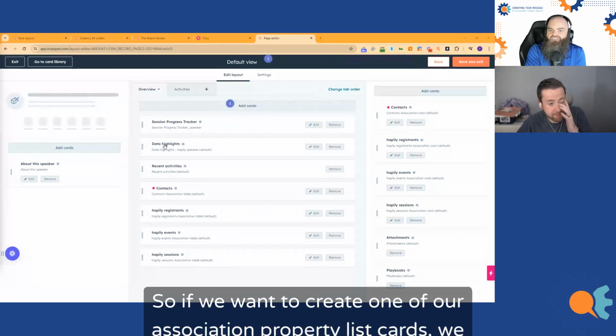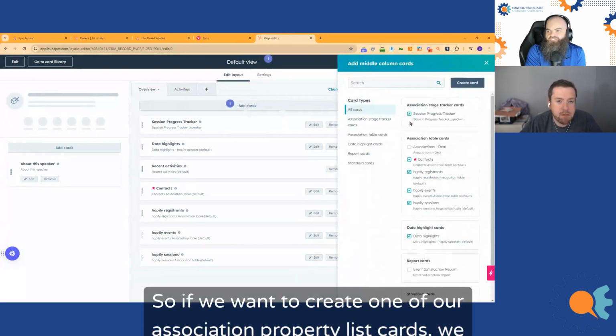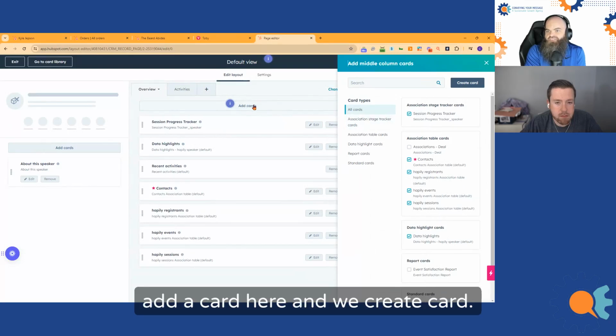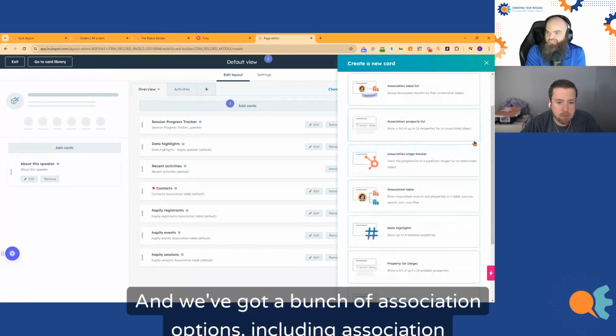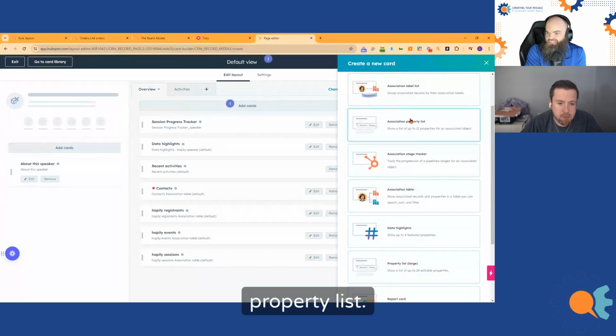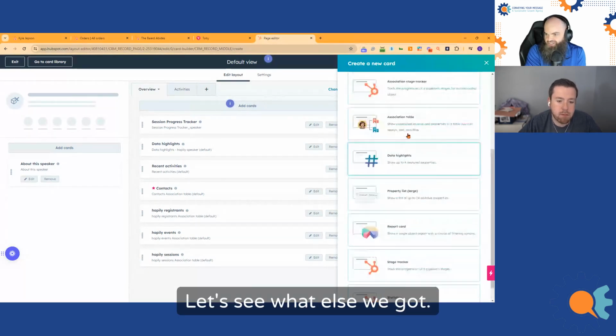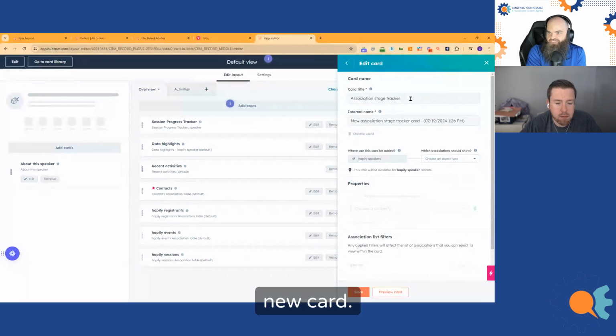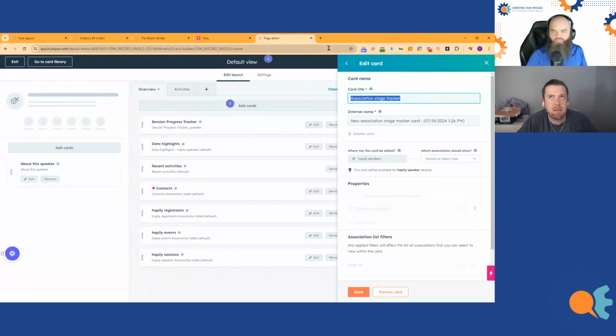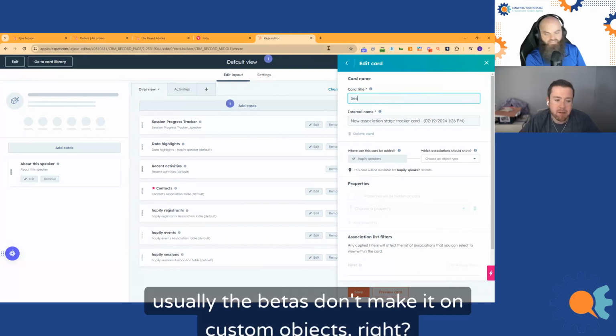So if we want to create one of our association property list cards, we add a card here and we create card. We've got a bunch of association options, including association property list. Probably have to go to the contact record, which I'm not on, to see that new card. Usually the betas don't make them custom objects right out of the gate.